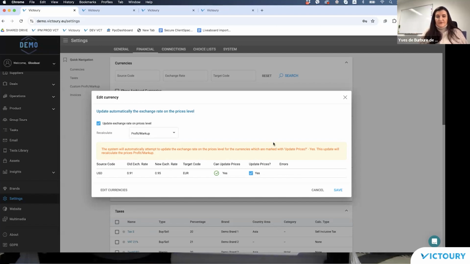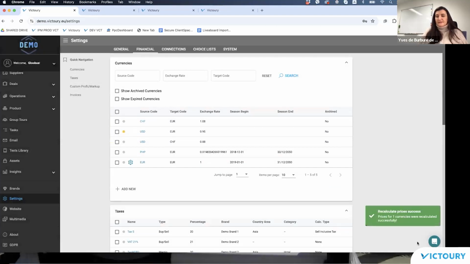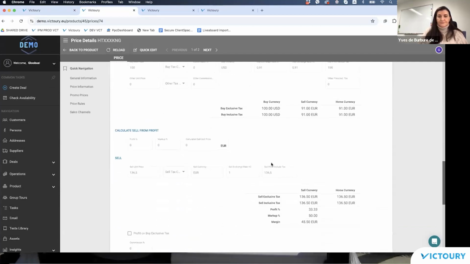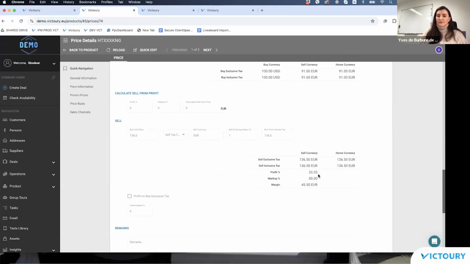So this is how I will just go forward, have a save, and the system is telling me that it has updated one currency to 0.95. So this is the original value of my price, and I will just reload this price. And here you see the old profit and markup, which I am expecting to be recalculated by the exchange rate update.